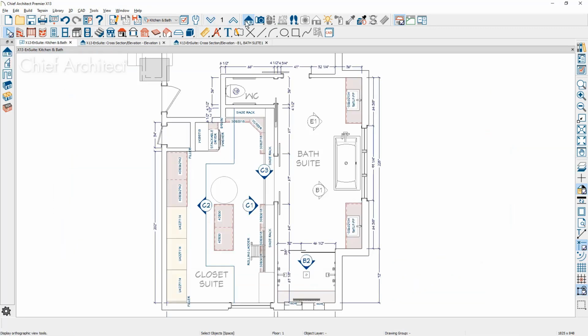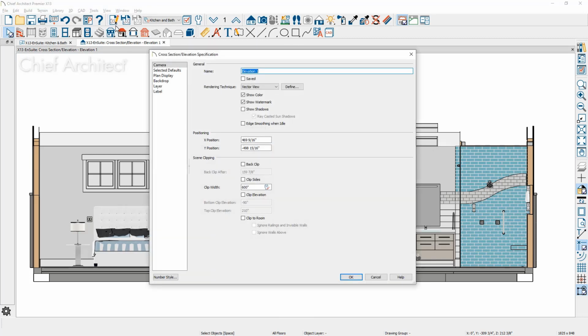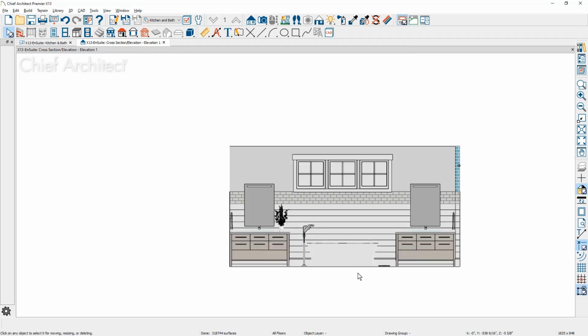So again, using the cross-section camera, I'm going to come in here and cut a section through this area. Once the section view is generated, I'm going to open up the Edit Active View. I'm going to come down and start with Clip to Room. This is going to convert this view to a wall elevation. You can start with a wall elevation and remove the clip to room and get to the section view we